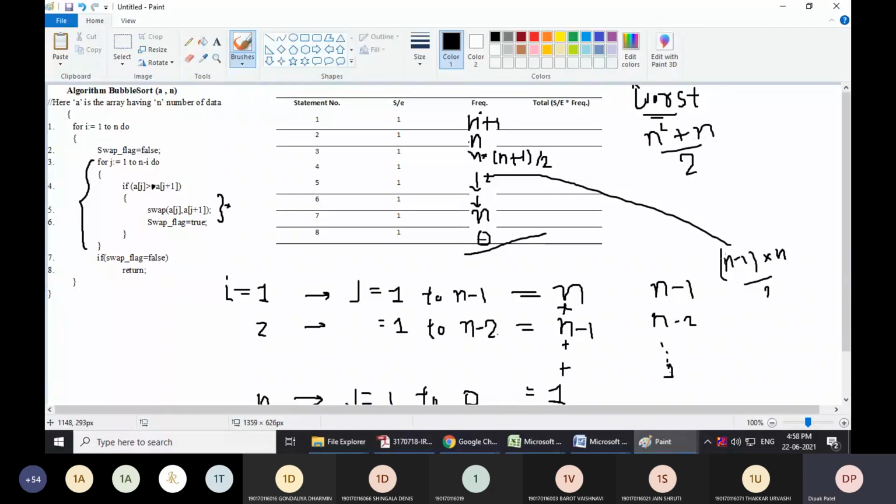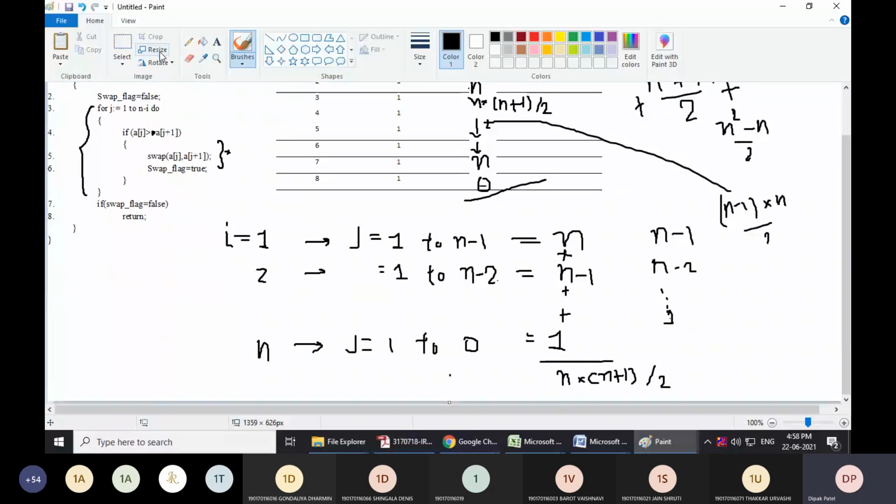Similarly here this is n square minus n divided by 2. Okay, you need to sum all these statements, and finally you have to derive the equation.